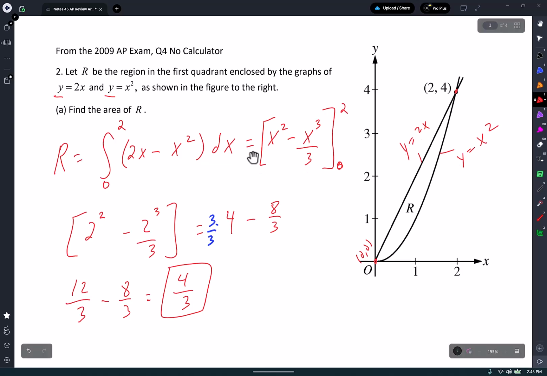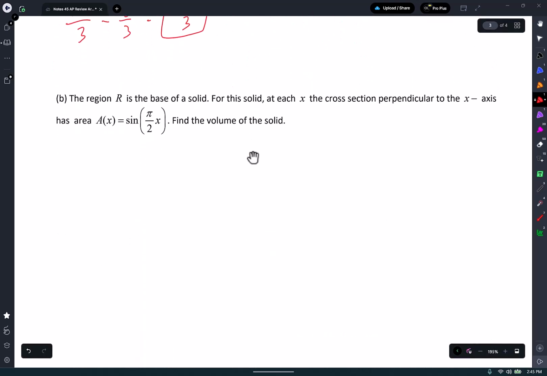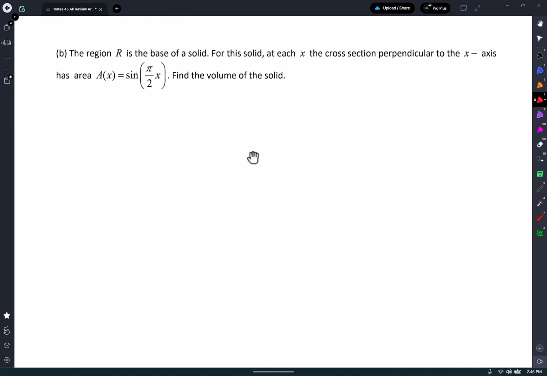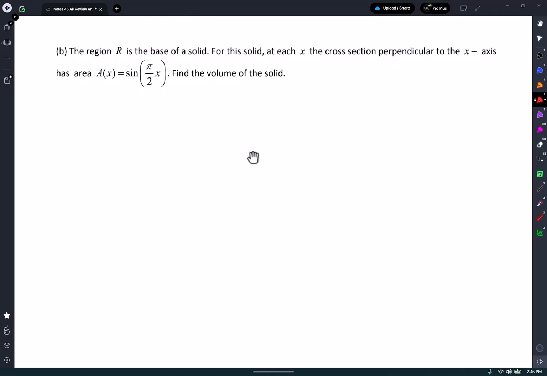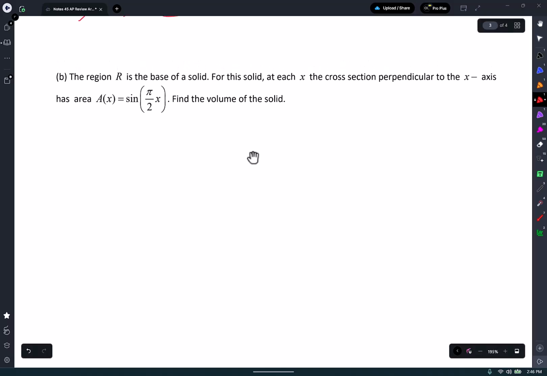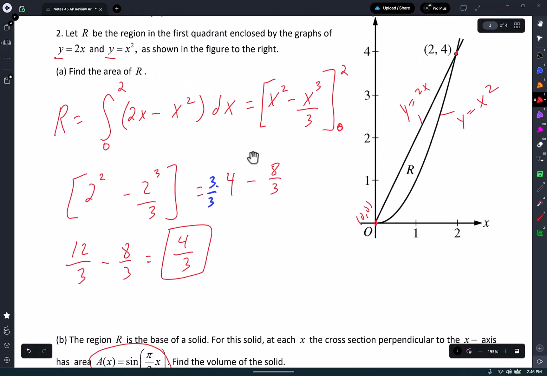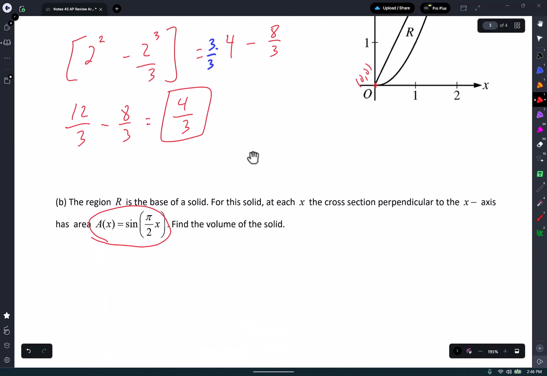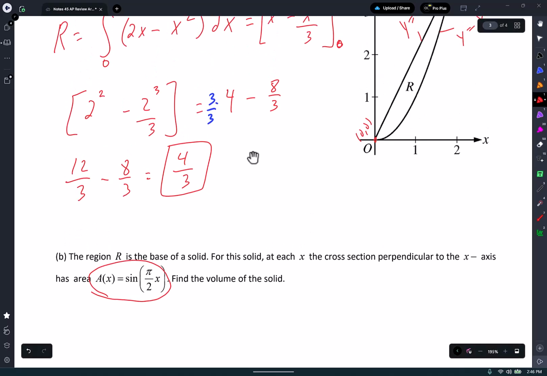How do we feel, guys? The region R is the base of a solid. For this solid, at each x, the cross-section perpendicular to the x-axis has area. Find the volume. They're just testing to see if you know the concepts. You guys, how do I find it? They're giving you the cross-section. Let's read it again. The region R is the base of a solid. So this is the base of a solid. That's on the ground. For this solid, at each x, the cross-section perpendicular to the x-axis, so when I cut it like this,